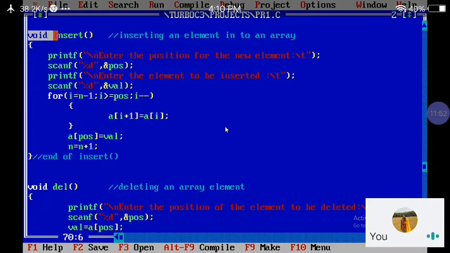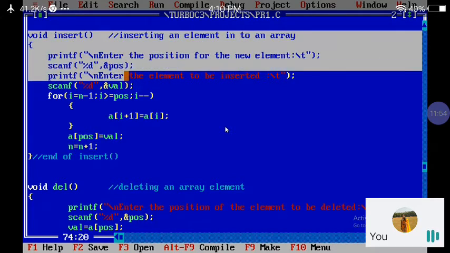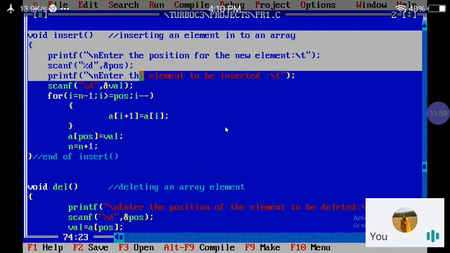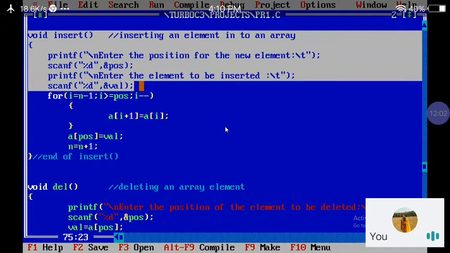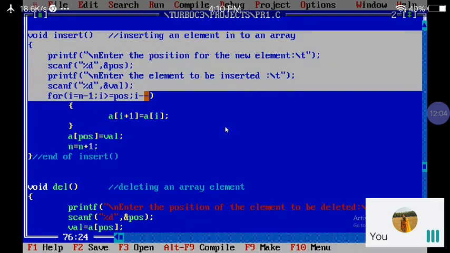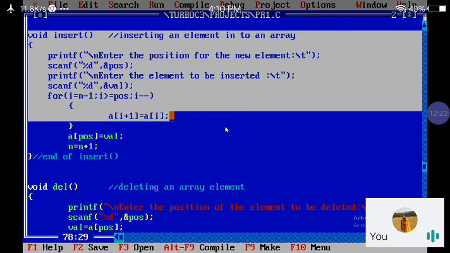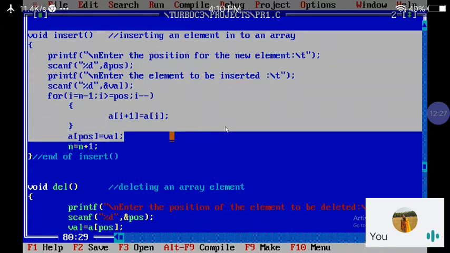So void insert, in this I have taken position of element where I have to add this element. After that I have taken element which I want to add in my array. So for loop I have taken here for I starts from n minus 1, I greater than position, I minus minus. So I'll come to the position, and after that I have to restructure a of I plus 1 equal to a of I. So inserting the next elements will get automatically adjusted, and at the particular position, that is